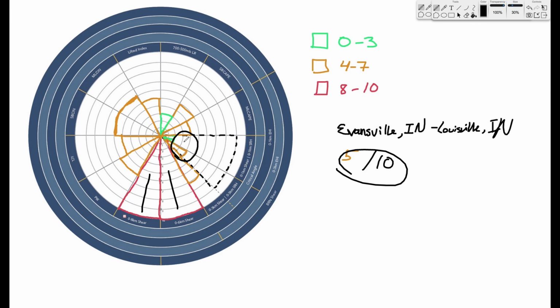So kind of in between the two areas that I was talking about, you're going to have this issue right here with a little bit weaker low-level shear and potentially some moisture problems, not overly bad, but maybe less instability as well. So those are going to be some factors. So you might have a little bit of a messier, unorganized storm mode in this area, maybe not as many